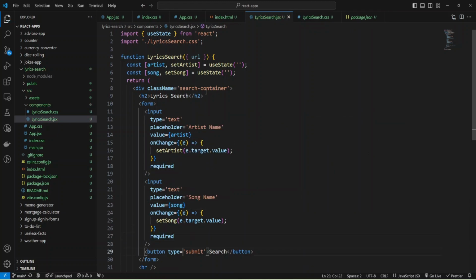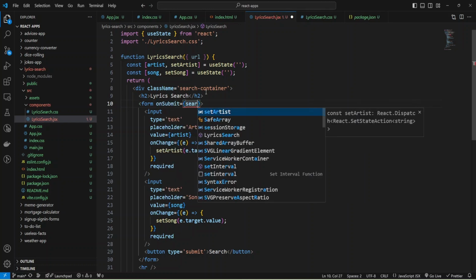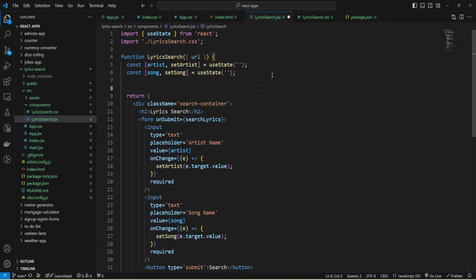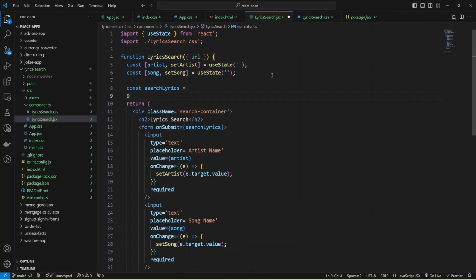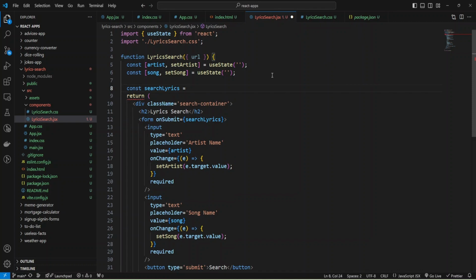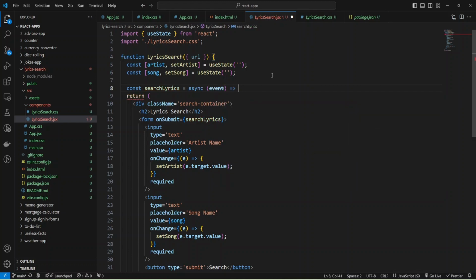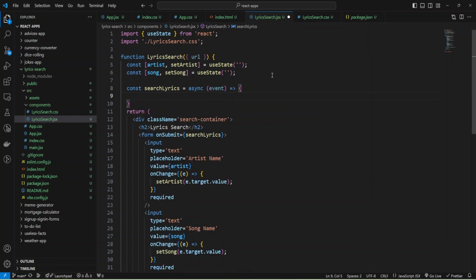Okay, and now we can add event handler to our submitting form, and I'm going to add onSubmit, and function will be searchLyrics, and I'm going to implement this function. const searchLyrics, and it will be arrow function, and I'm going to make it async to use await inside function, and as parameter it will have event, and now we can implement the code of the function.